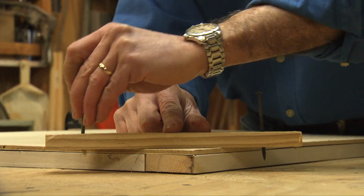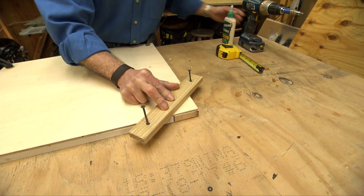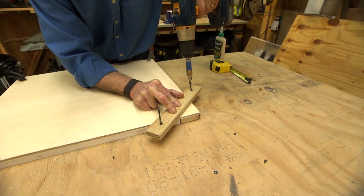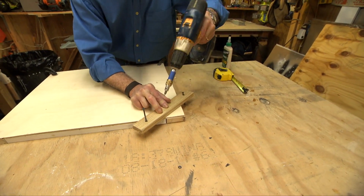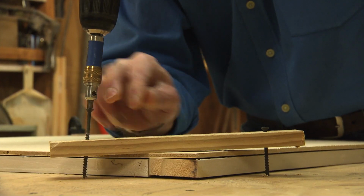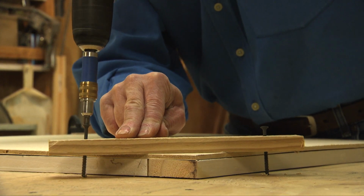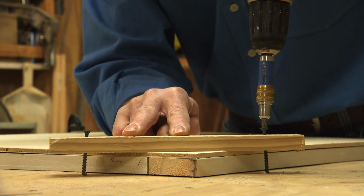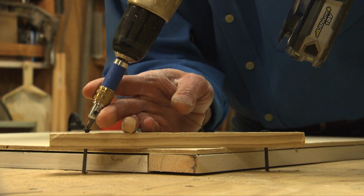We're going to set in some screws. These are just 3-inch drywall screws. I'm just going to drive them in right into the workbench. Now you don't want to drive one in all the way because it'll pull up the wooden strap. Tighten the first one, then tighten the second one, then go back and tighten the first one. Do a little at a time. And once those are pulled tight,